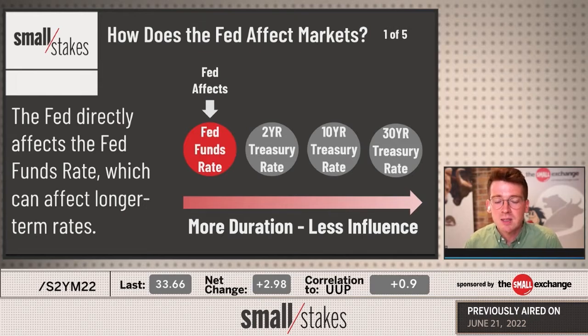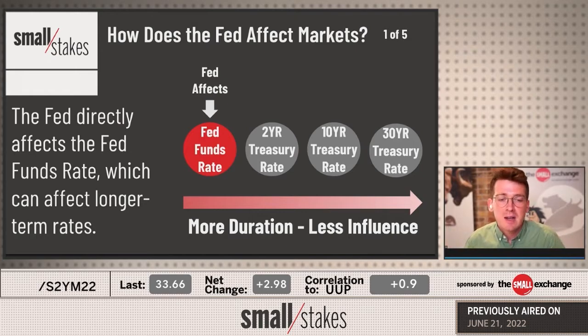Let's start here at the source, which is to say the Fed funds rate is a really good benchmark for short-term interest rates. And so when the Fed comes out and they say, hey, we're hiking the Fed funds rate by 75 basis points or 0.75%, you're going to see the biggest influence in shorter term Treasury rates, or whatever rate that you're looking at, but primarily people across the globe are trading US Treasuries. And that influence is going to also seep into 10-year and 30-year rates, but to a lesser extent, the further you get away from the current just short-term rate.